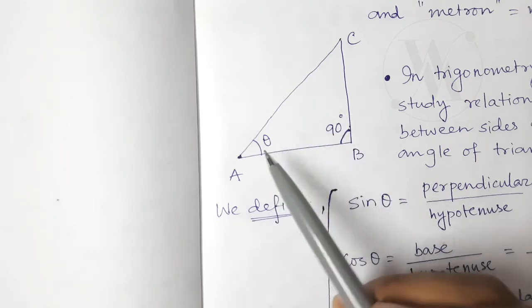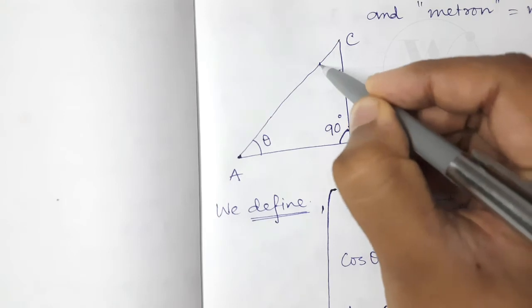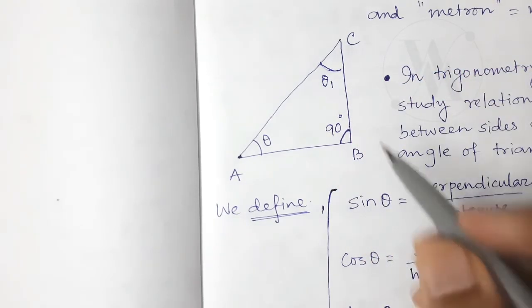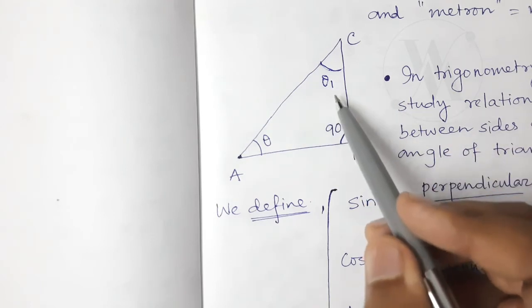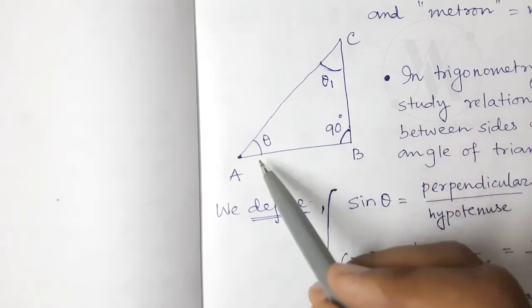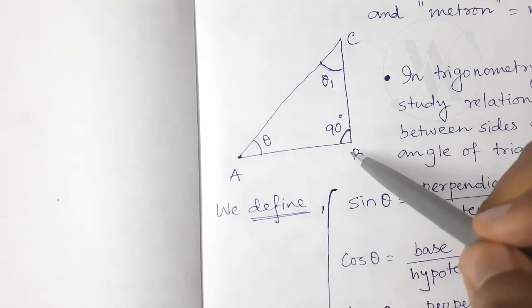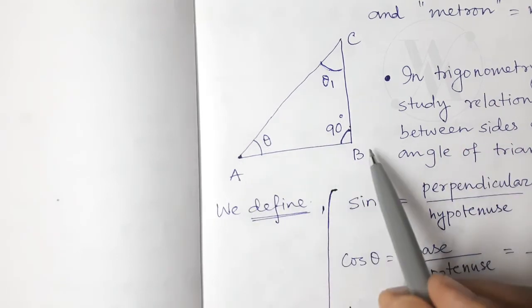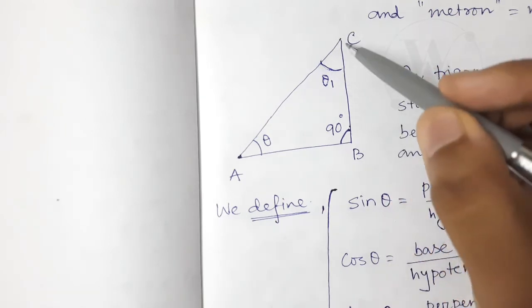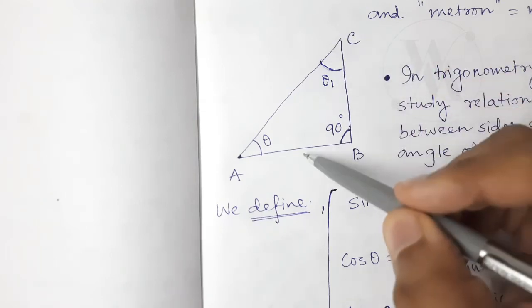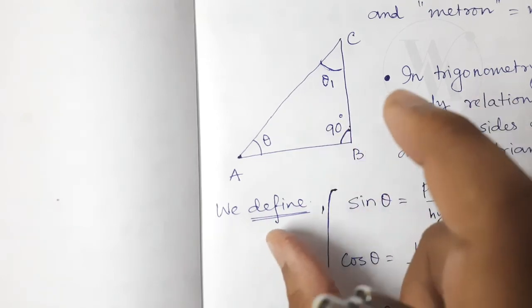But if you take this angle, let's say the name of this angle is theta 1, and if you take sin theta 1, then the base of this triangle is this, not this. Base of this triangle will be BC, not AB. When you take this theta, AB will be the base, but if you take this angle, which is theta 1, BC will be the base. So when you take theta 1, the opposite side AB will be the perpendicular. So actually this picture will get rotated.